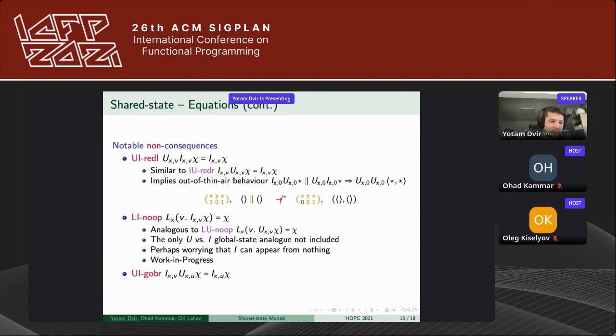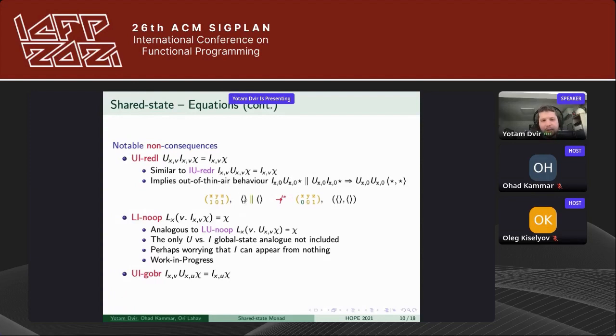Okay, so it's very similar to what we had before, where we remove the update after someone else updated the same thing. Why not also eliminate the update before? So the problem is that if we have these two together, it implies out of thin air behavior. So to see this precisely, you need to go into the details of how synchronization is defined, and we still haven't shown this. But hopefully you'll believe me that